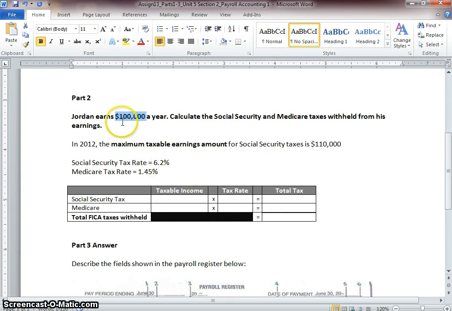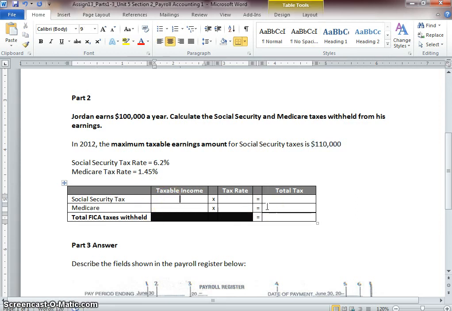For example, in 2007, the maximum taxable earnings was only $97,500. So in 2007, we would have only been able to tax $97,500 of his salary. But since the taxable earnings amount has gone up, that means we get to tax all of his income. Sorry, Jordan. So what you're going to put in this box is the taxable income. So in this case, since we can tax all of it, you're going to put in $100,000 here times our